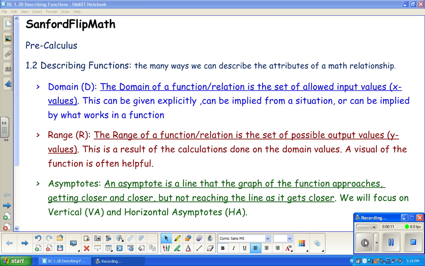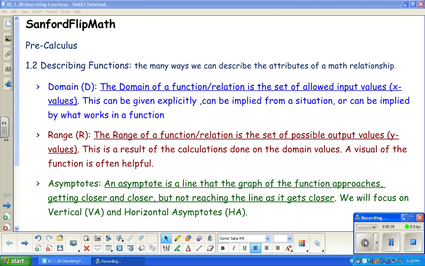Just a speedy recap. Remember that the point is to develop a vocabulary, a working language, to start talking about functions, their attributes, equations, etc. We've already talked about domain, the allowed x values, the range, which is the possible y values or output values, and asymptotes, which are closely related to domain and range, but again not completely the same, and they are lines,